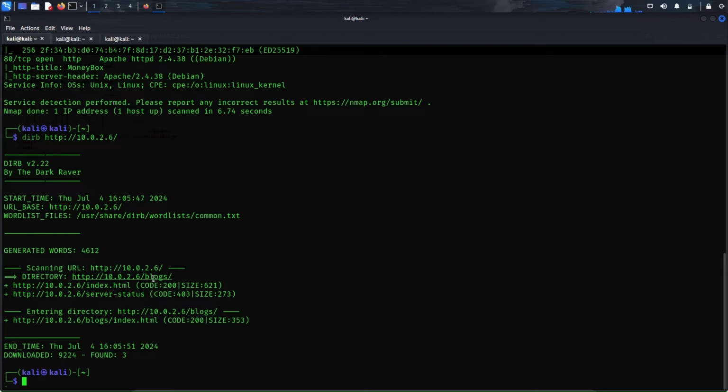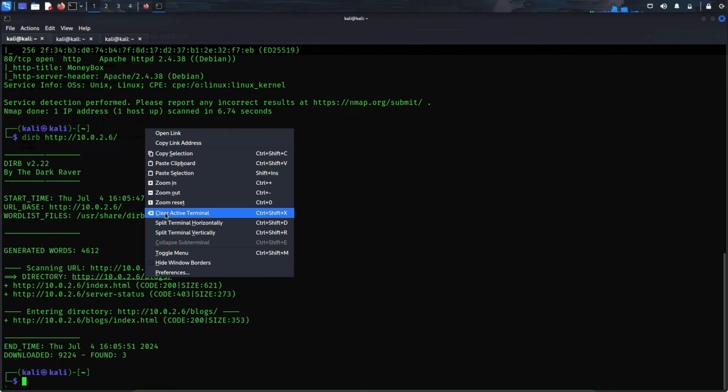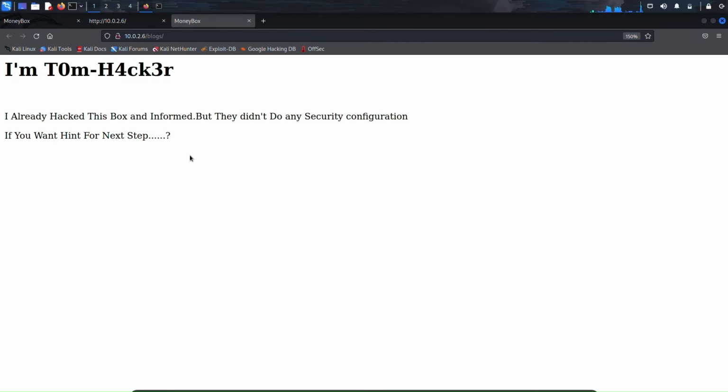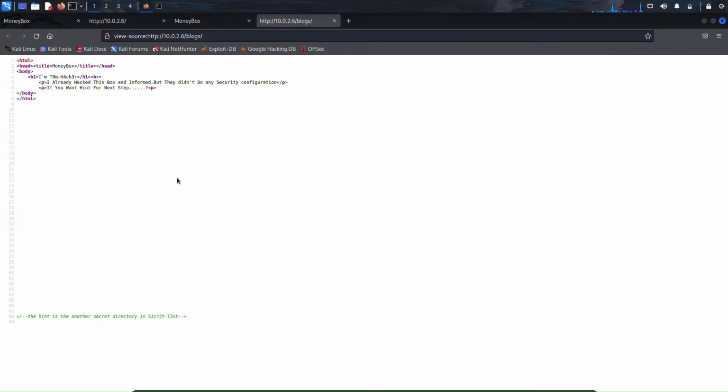Now let's right click here and open the link. Okay, this is the directory that we found using dirb, but I don't see once again any useful information here. So let's right click once again and view page source. And yes, we've got something here. If we look here at the bottom,